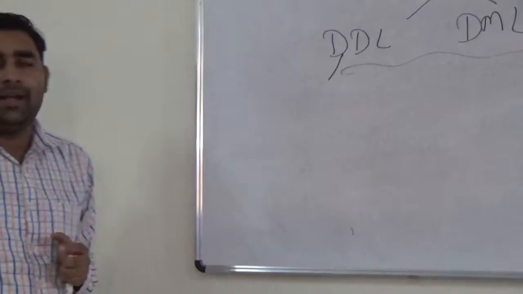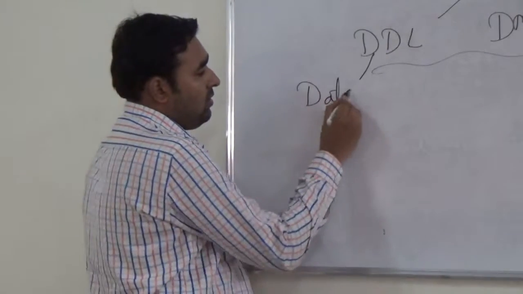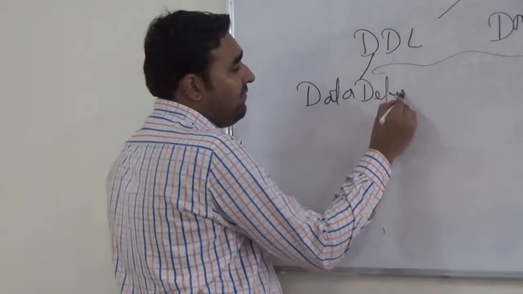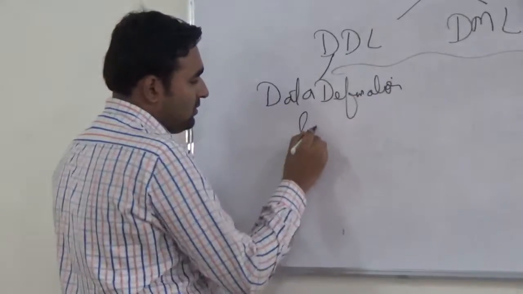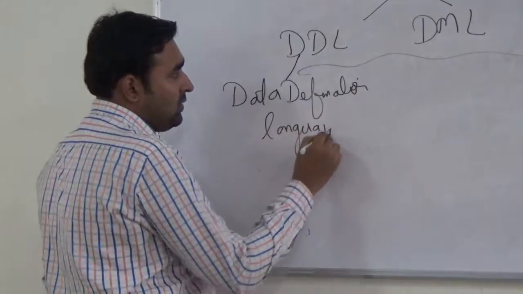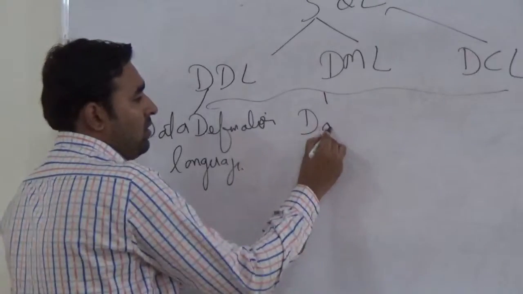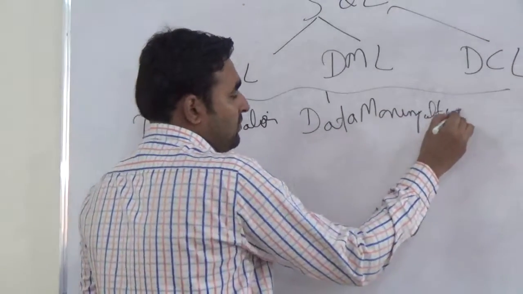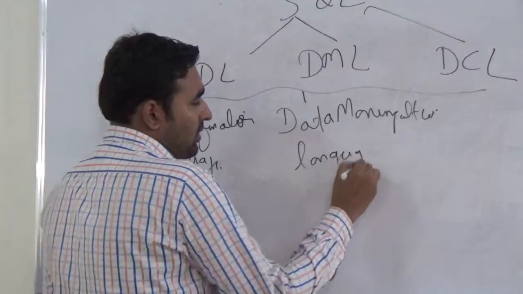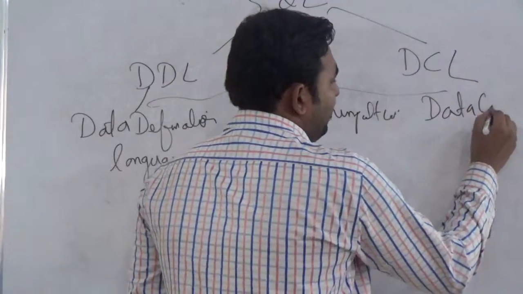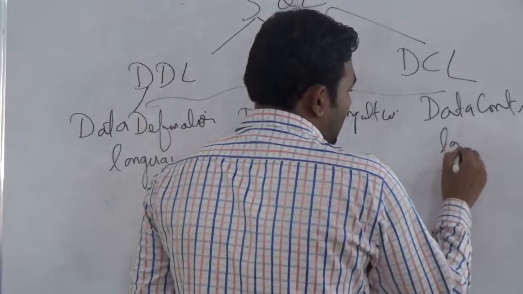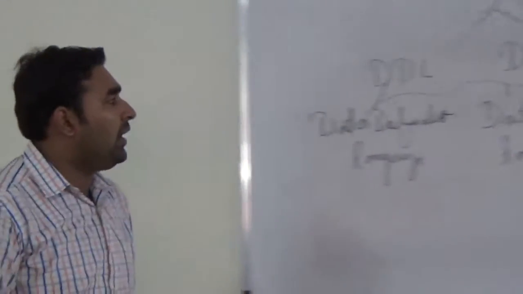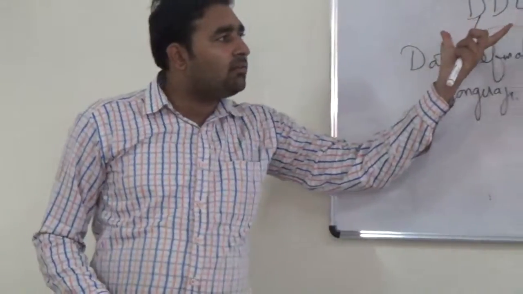Now what is DDL? DDL stands for Data Definition Language. DML stands for Data Manipulation Language, and DCL stands for Data Control Language. Now, with the help of an example, we can understand the importance and why we categorize these